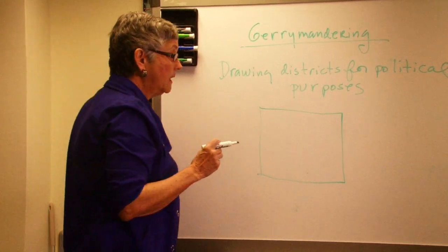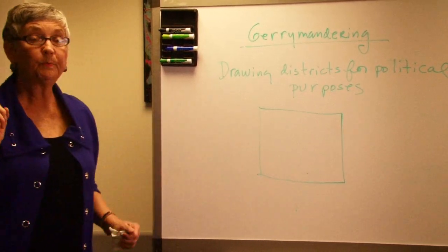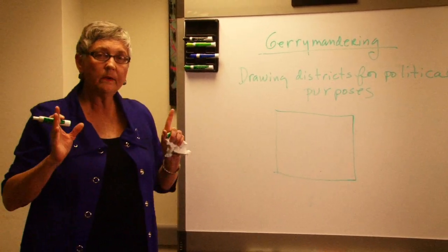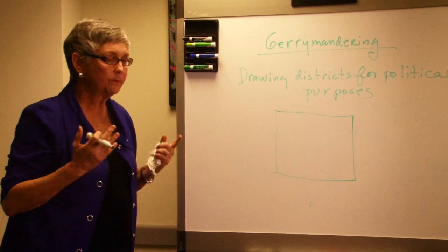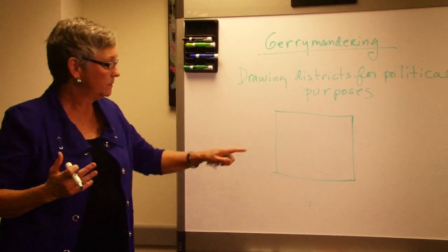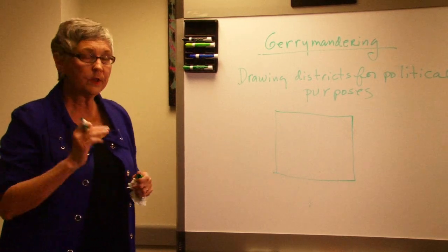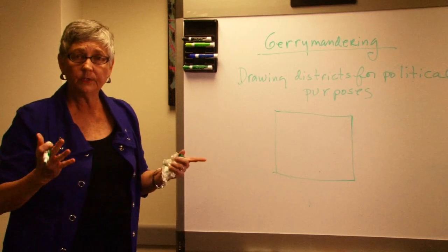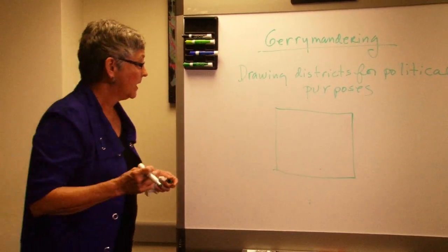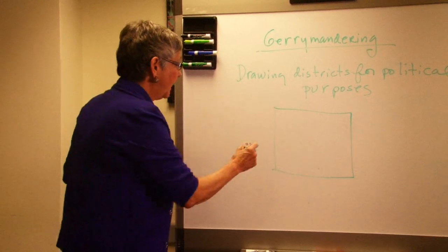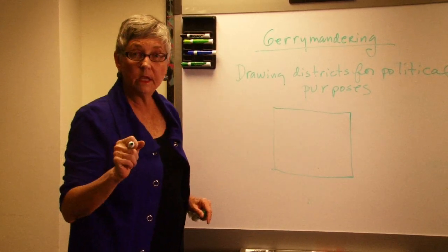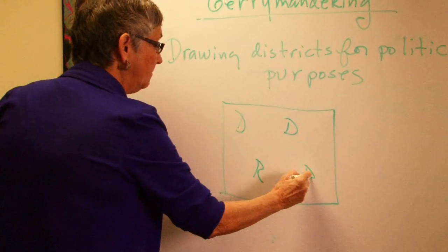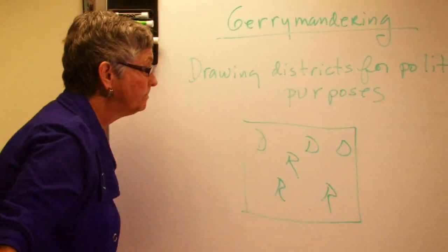Before they start, it's very important to know which political party dominates the state legislature, because whoever's in charge, who has the most members, gets to decide how to draw these districts, and they're going to gerrymander them if they can to ensure that their political party gets to elect more people to office. So before you start drawing your districts, you find out where the Democratic voting is and where the Republican voting is in your state. They can find that out just by looking.